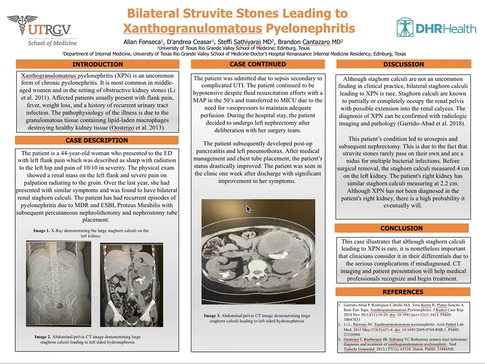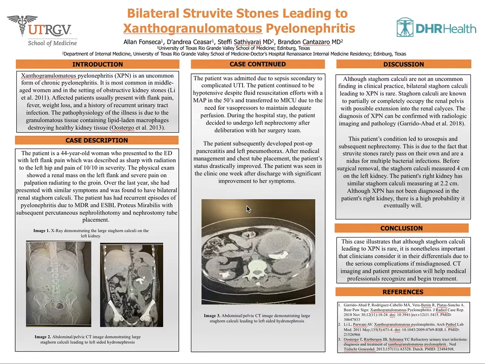So, case description. The patient is a 44-year-old woman who presented to the ED with left flank pain, which she described as sharp with radiation to the left hip and pain 10 out of 10 in severity. The physical exam showed a renal mass on the left flank and severe pain on palpation radiating to the groin. Over the last year, she's had a similar presentation and was found to have bilateral renal staghorn calculi. The patient has had recurrent episodes of pyelonephritis due to MDR and ESBL Proteus mirabilis, with subsequent percutaneous nephrolithotomy and